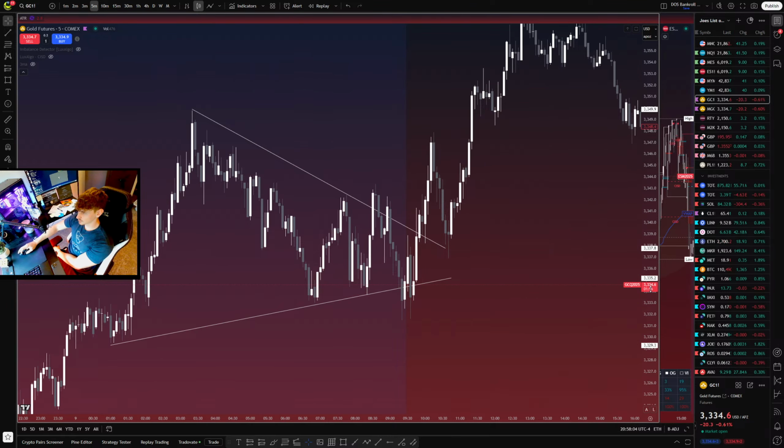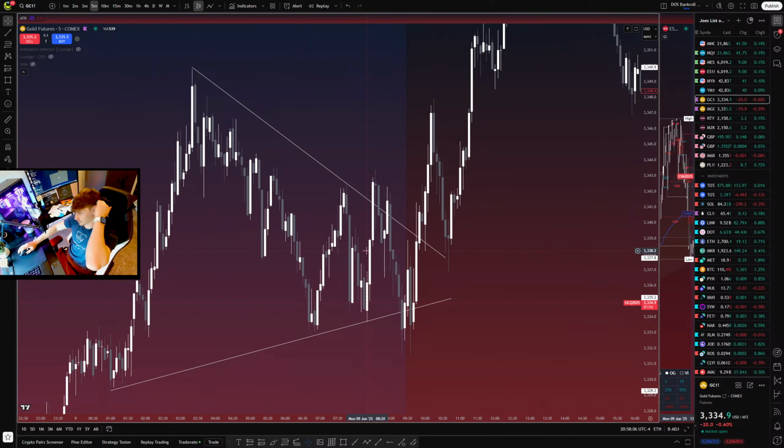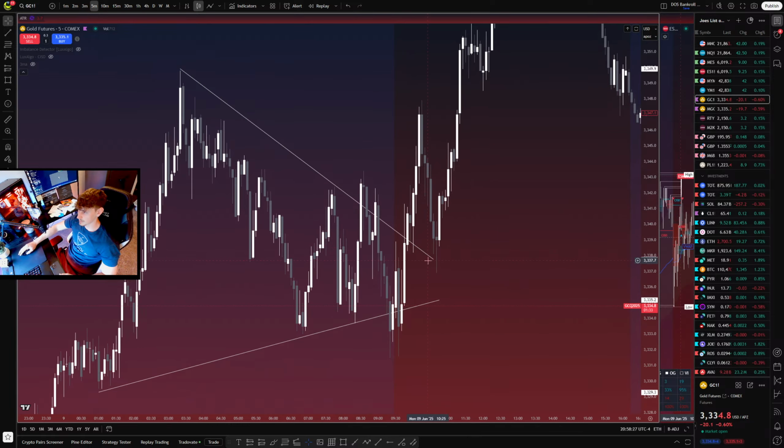This would have been one. You could honestly do it both ways. If you really wanted to, you could count this as manipulation, this is distribution, or you could count this as manipulation, which was the true setup. If you saw this happening, and then you see it react, and then it pushes down here, and then you're getting pushes back up, this is probably an indication that that's most likely not your manipulation.